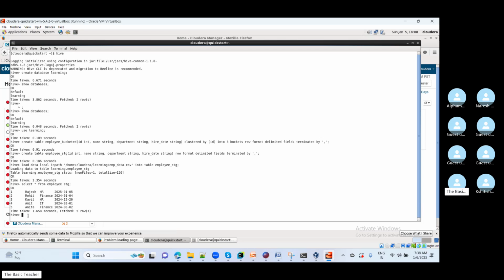And we are good with the data. Okay. Now we are looking for bucketing. So for bucketing, again, like partition, we had some setup, our CLI command for bucketing also. We have one CLI command: set hive